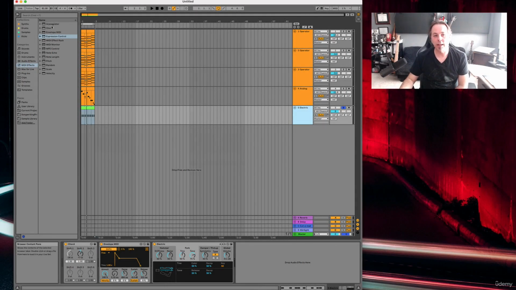Okay, moving on to our next MIDI effect. This one, also a Max for Live effect. This is called expression control, and it works kind of similar to that envelope MIDI. But what this is going to let us do is take a parameter and map it to another parameter. Especially useful when it comes to